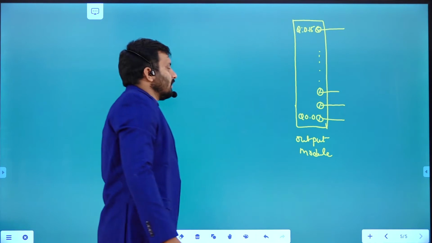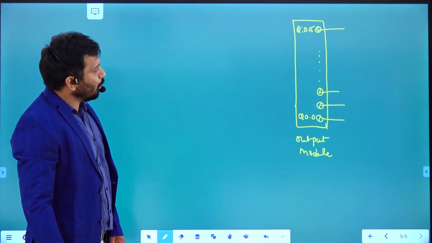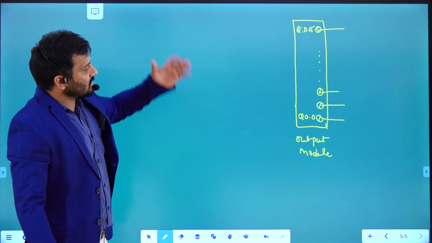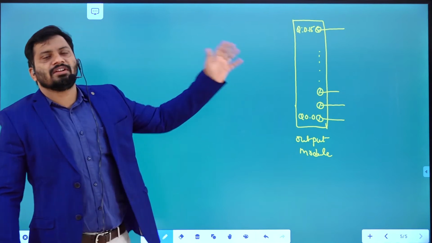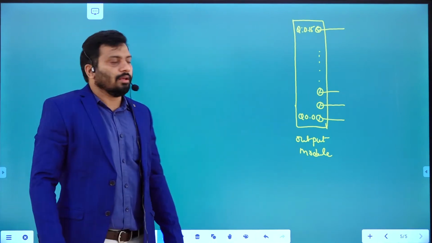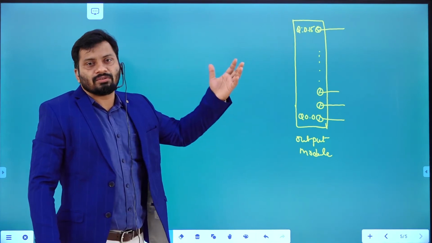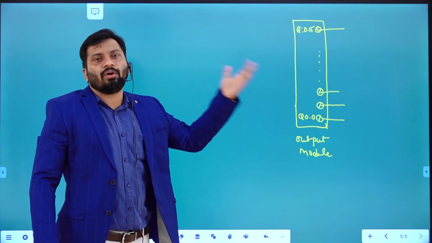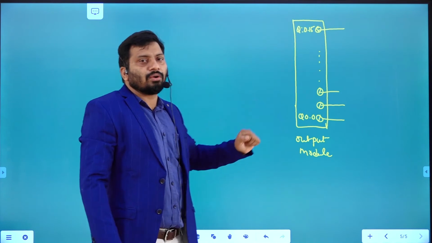This 16 terminal output module is going to be connected with 16 devices, or you can say 16 terminals are going to be connected with 16 LEDs. If you want to control these 16 output LEDs, that means we can turn them off or on, how can you control them?